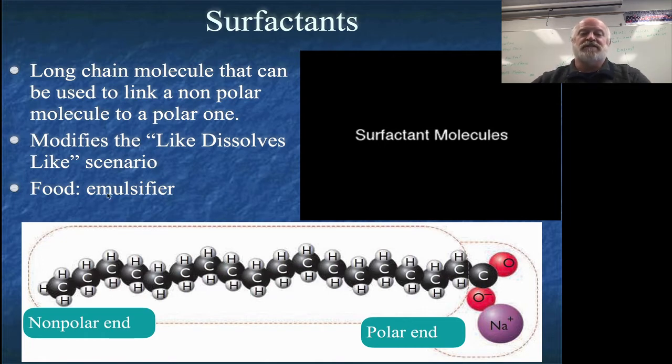We also have surfactants that act in the food industry, okay? When we have that, we call those emulsifiers, okay? So if you're adding things like eggs or other ingredients that help bind the food together, a lot of times those things are surfactants, which then allow the fats in the foods to bind with water and be able to bake or cook whatever your food is, okay? This little video kind of shows you this process, how it works.